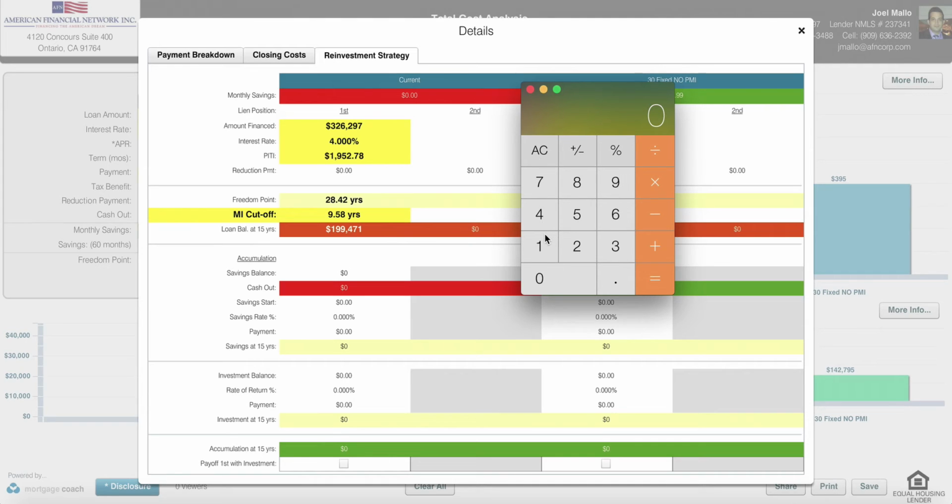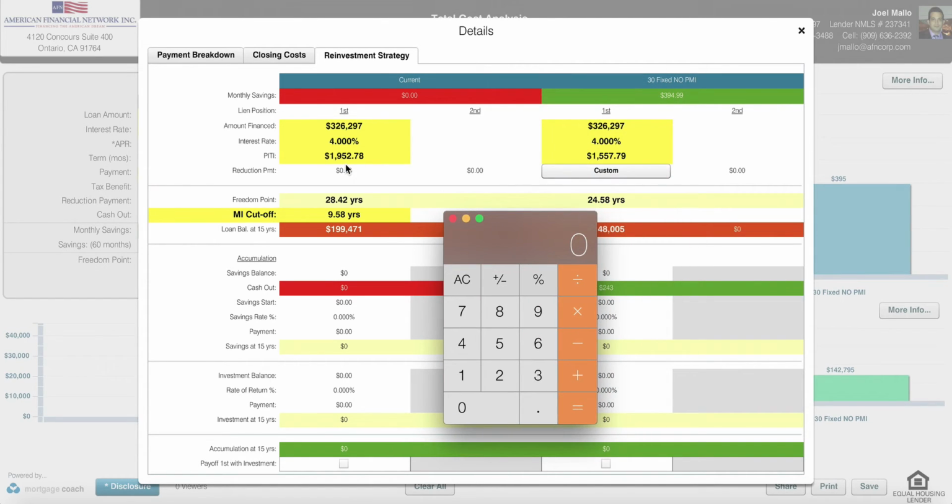Now, if we did that math, let's take the mortgage insurance out and just use a round number, $1,500. If we're eliminating 4 years, we take 4 years times 12 months in a year. That's 48, and we multiply that by the $1,500 that we're getting rid of for these other 4 years. It's $72,000 in savings